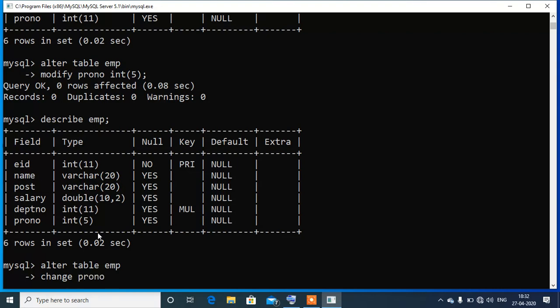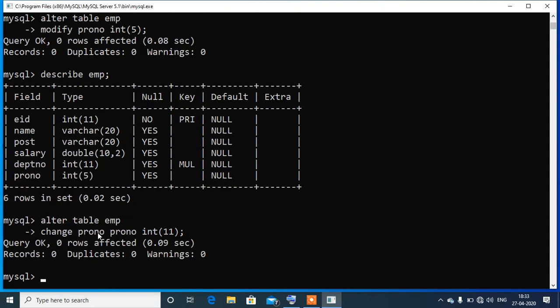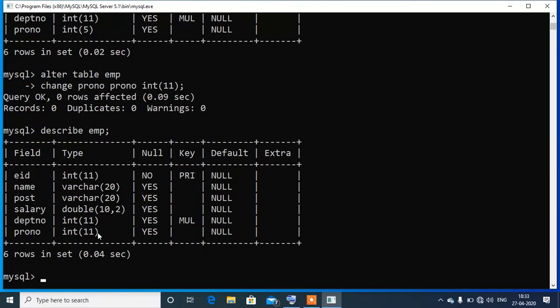Again we do not want to change the column name, so we need to write the same name again, and then int bracket 11. 11 is the default size of integer. That means if we exclude the size, it automatically takes int 11. Now look at the structure of the table again. Now we are having int 11.